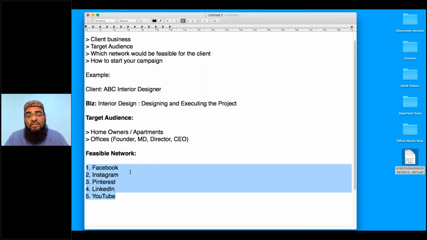Now, let's take an example of Quora. Will Quora be a great network for this? Maybe someone asked a question on Quora, like which is a good interior designer in Hyderabad. Maybe I will write an answer for that. That's good. What are the aspects to look at, how to make interior more traditional? Someone asked, maybe that's okay. But I would say that would not be a great go-to network immediately.